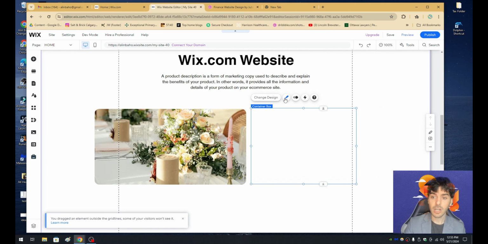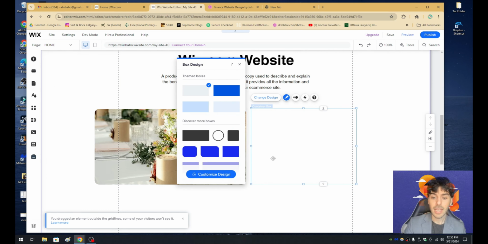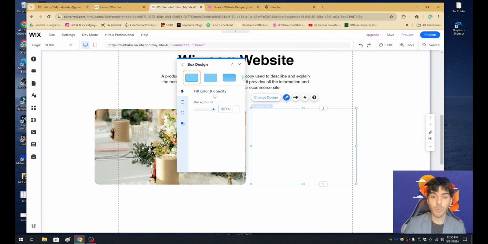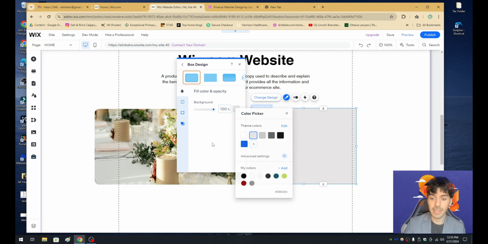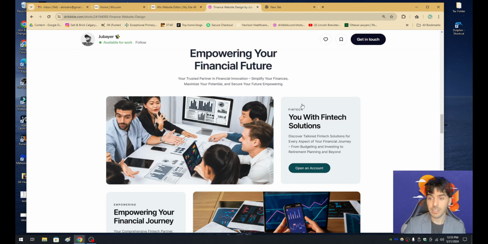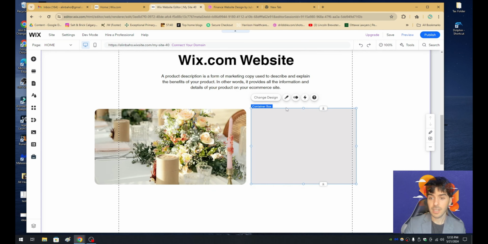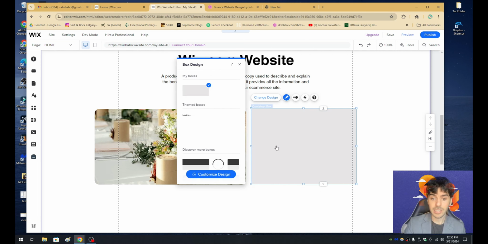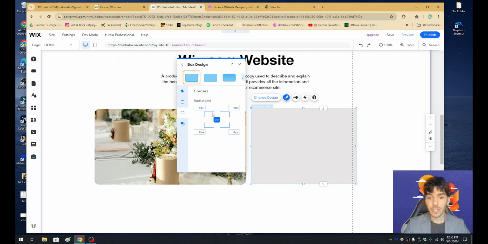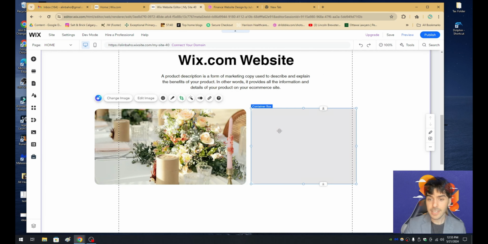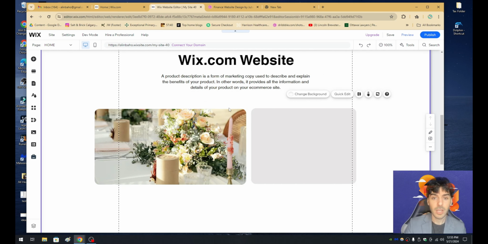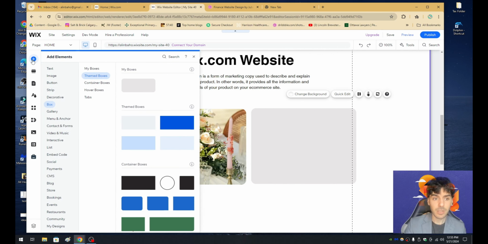And we're going to use something called the Design feature. And we're going to choose Custom Design. And we're going to change this color to a nice little gray that is somewhat similar to this color, but this is obviously a little bit lighter. The only difference is that this box, when we click on it and click on Design, Custom Design, under Corners, let's make the corners here 20 one more time. Now that this and this are looking pretty similar, what we now need to do is click on Add Element,